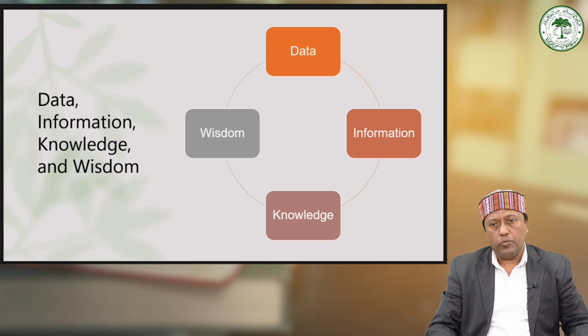Basically, when we talk about the data, it refers to the raw facts, figures, or observations that have not been processed or organized to convey any meaning. Data is typically unstructured and lacks context or relevance on its own. It requires interpretation and analysis to derive meaning. Simple example can be list of numbers 1, 5, 7, 10 without any context or explanation. This has got no meaning.